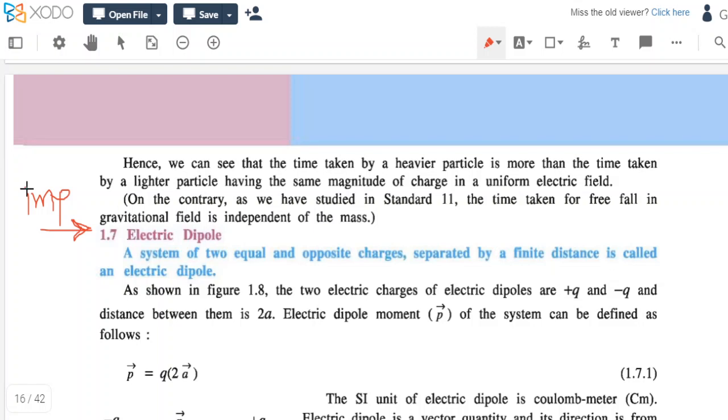Okay, this is another most important topic of the chapter. So, electric dipole. First, we understand what is called an electric dipole. So friends,